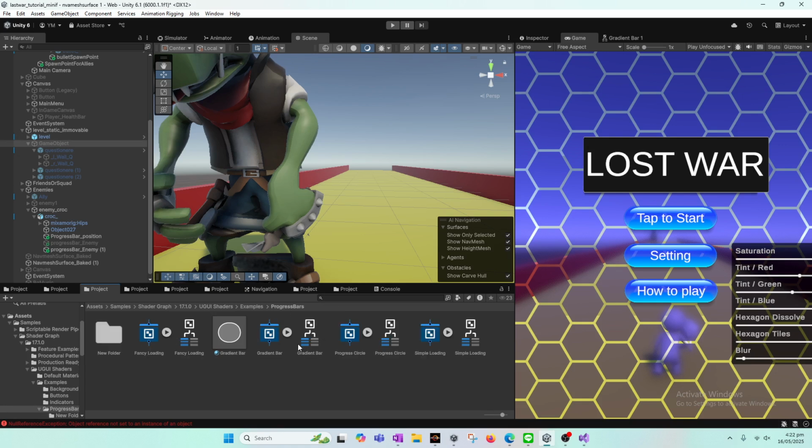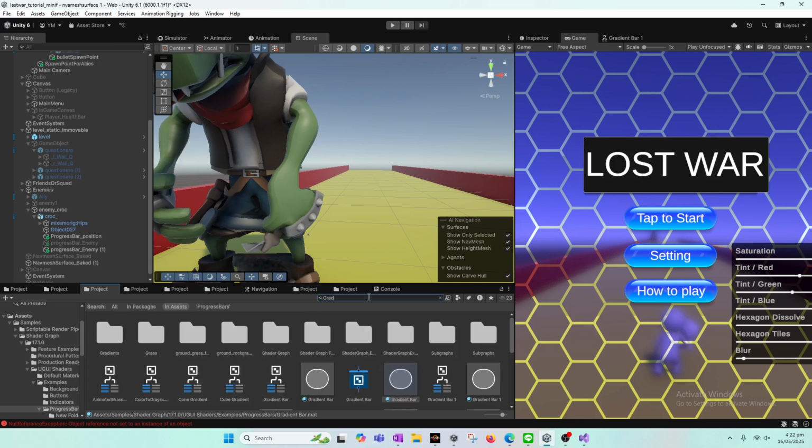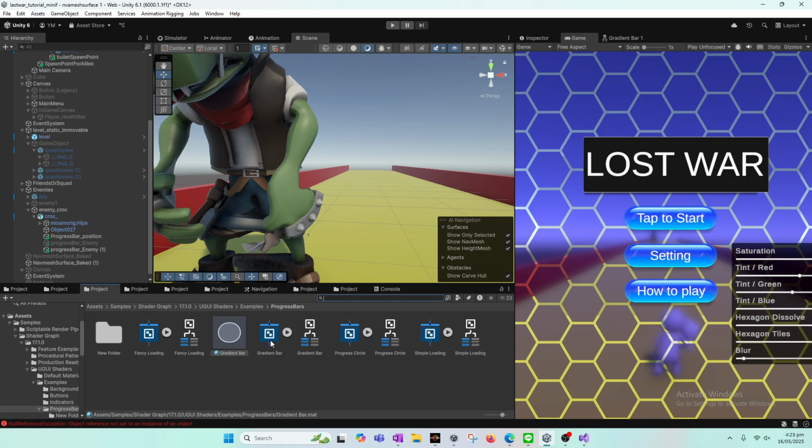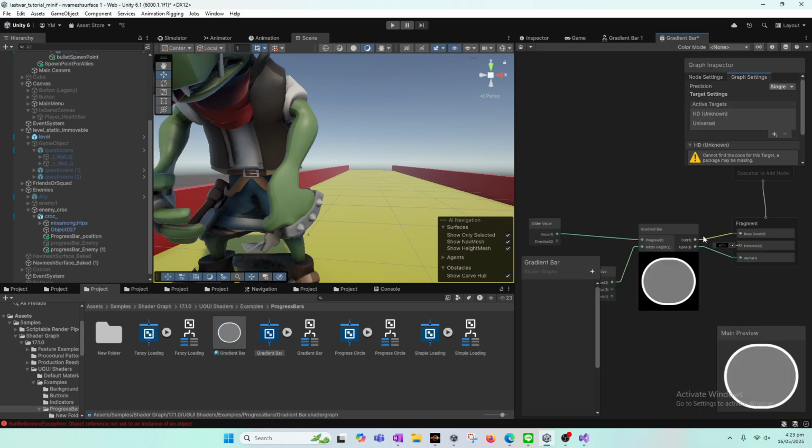So to change the colors of the progress bar, simply go to this, you can type gradient bar here. You can simply go to this material, and then inside this hierarchy, asset sample shader, refer to this. If you don't want to find it, you can type its name here, gradient bar. So this will have your gradient bar here. This will be your gradient bar, and here we will change the color simply by going to the shader graph, double clicking it,